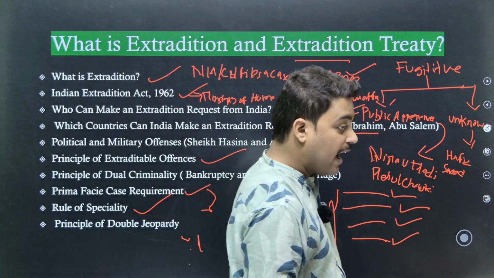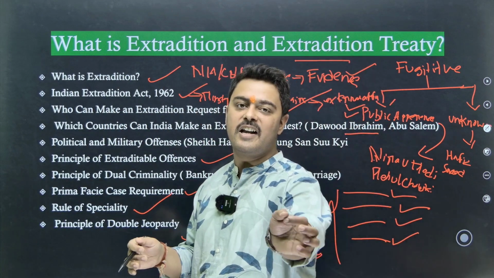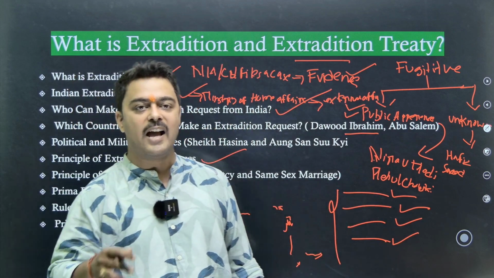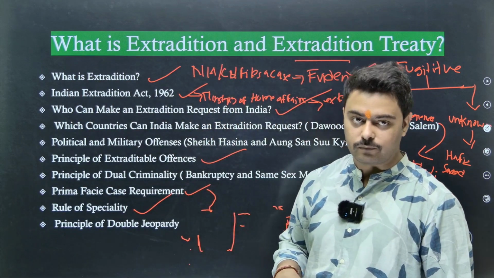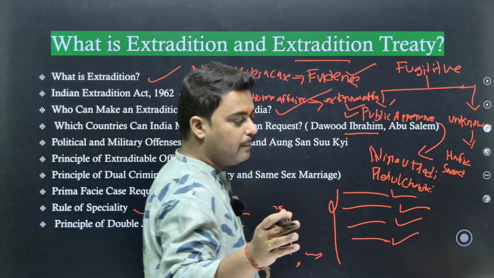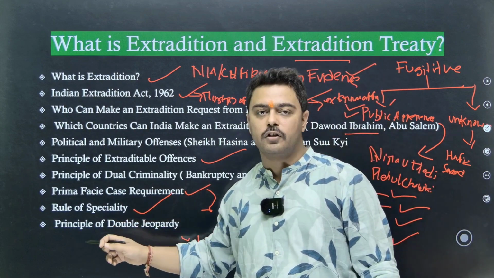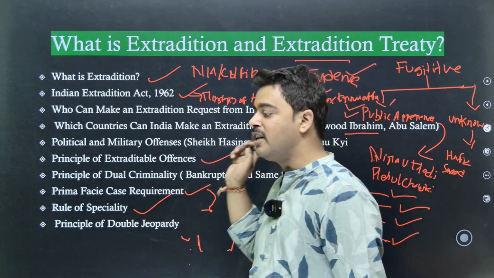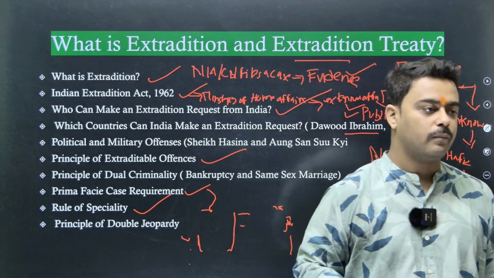बट एज आई सेड यू, एट लास्ट international law work on diplomacy, and international law is in the state of anarchy. I am sovereign to my country, I can decide anything that is favorable for my country. ठीक है, तो थ्रू इंडिया डिप्लोमेटिक मींस प्रिंसिपल ऑफ डबल जेओपार्डी। आपको पता है जब लास्ट में सुप्रीम कोर्ट में तहव्वुर राणा ने यही पिटीशन फाइल की थी, दिस इज द वायलेशन ऑफ प्रिंसिपल ऑफ डबल जेओपार्डी बिटवीन इंडिया एंड यूएसए, एक्सट्राडिशन ट्रीटी 1997, बट आवर लॉयर फॉट वेरी वेल एंड ही वाज सक्सेसफुली एक्स्ट्राडिटेड टू इंडिया।